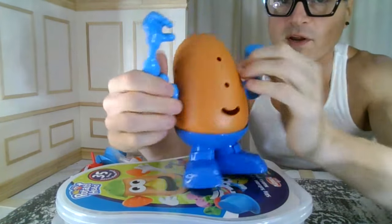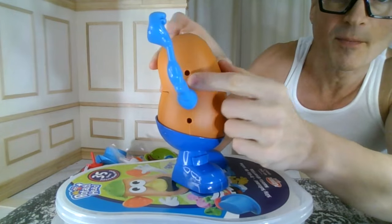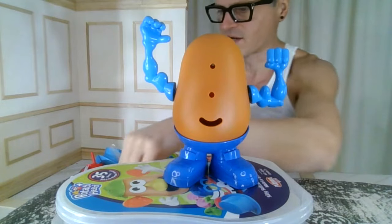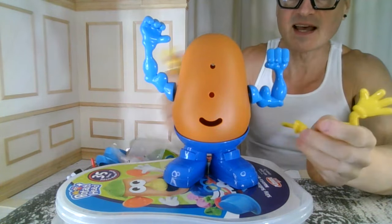Another thing about the 2024, which I should not be talking about in this video, is that the peg and hole system is so much easier to put in, and they stay in even more sturdy. So that is really kind of cool. All right, so we can do this kind of